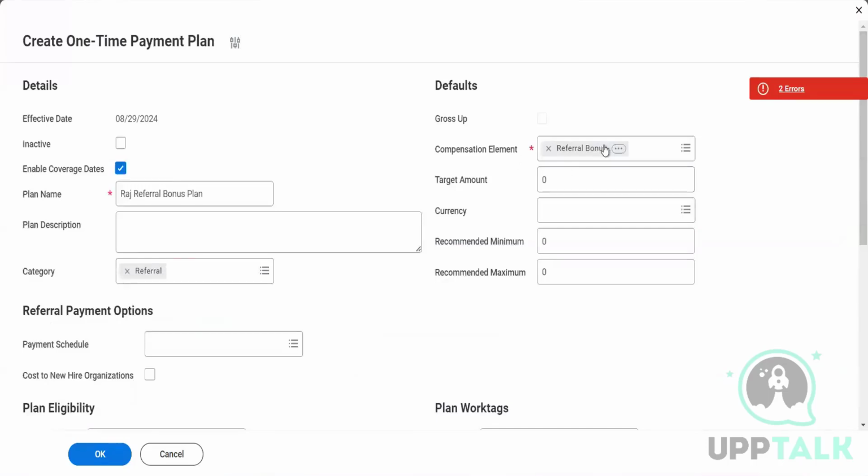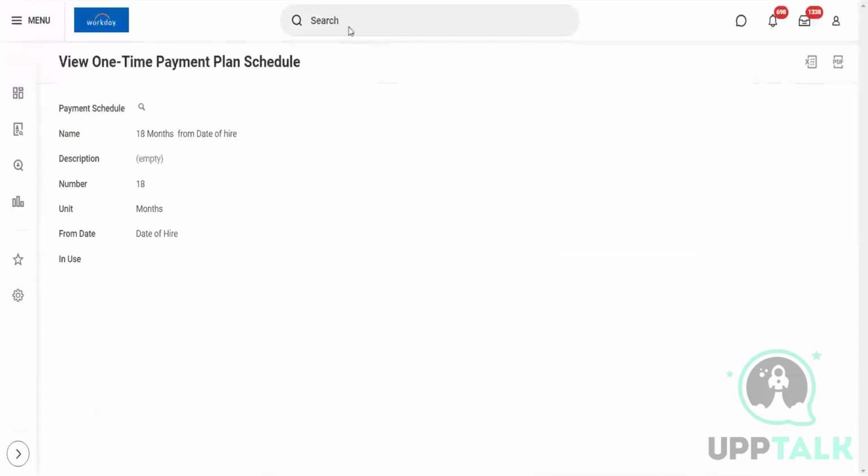Anyway, with respect to this compensation element that we are selecting, the payroll person's job is to link this with the respective costing allocations that we wish to have. So this is the job of the payroll person, where he will link the compensation element to the respective payroll side. Similarly, if we go and look into,